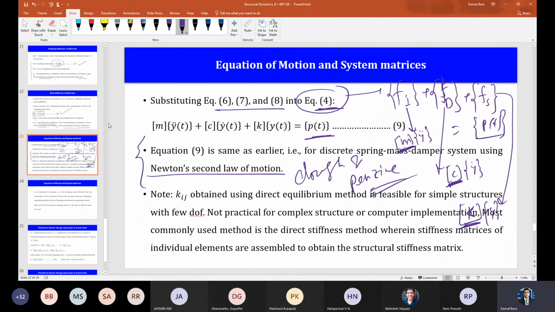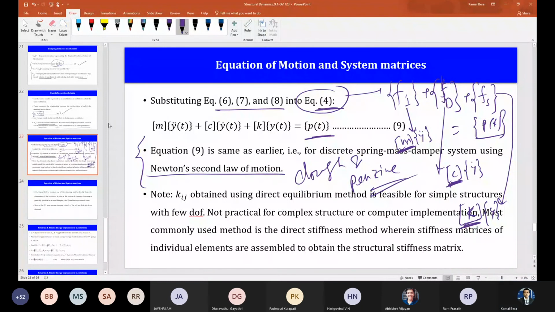But nowadays, whether you do structural analysis for a bridge, building, wind turbine, mechanical model, or car vibration, static or dynamic, any problem, it is usually done through computer software. That uses the finite element method or direct stiffness matrix method to get the response, to solve the structural analysis problem.